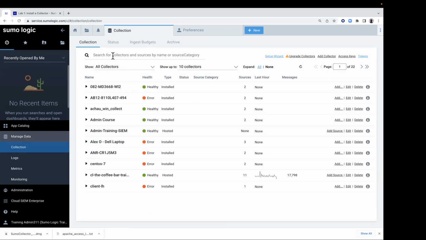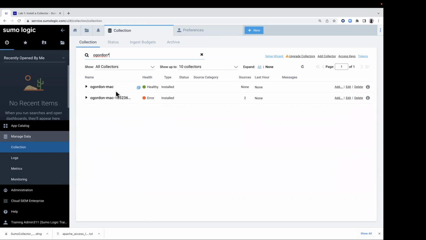And again, there's so many of the collectors here. What you can do is click at where you see the magnifying glass, that's your search area. And I'm just gonna type my name. So if you remember what yours was called, you can type it and search for it. Hit the enter key and search for it. So here's mine, okay? Notice it has that drop down arrow, but there's nothing underneath it, ladies and gentlemen. We've only created the actual vehicle, the mechanism that's gonna get your logs and metrics into our environment. So hopefully everyone sees their